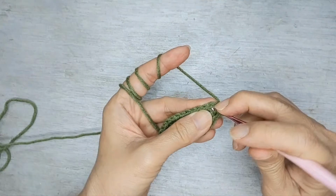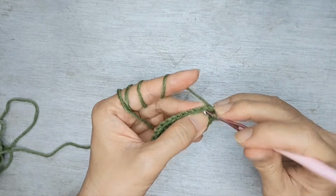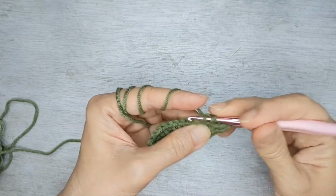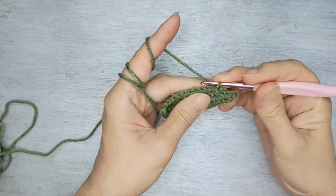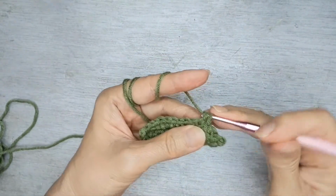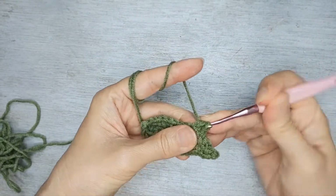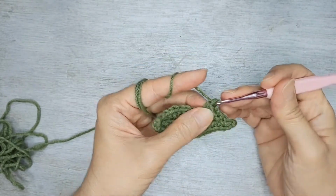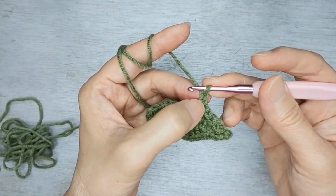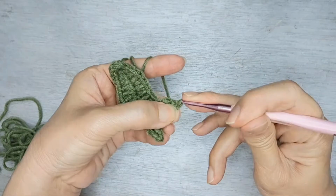We're going to do slip stitch in the next 2. So 1 slip stitch, next one also slip stitch, and after this we're going to do single crochet, and next stitch we're going to do a half double crochet. After this half double crochet we're going to chain 2, then we slip stitch to the second stitch from the hook, and slip stitch,